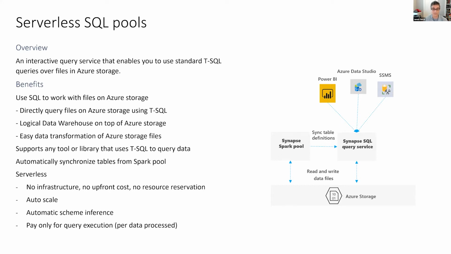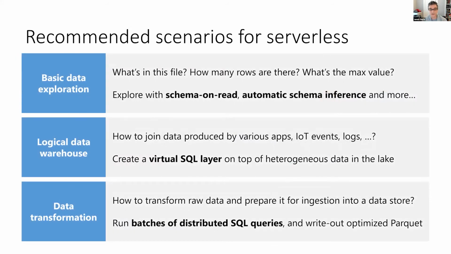So serverless gives you a lot of benefits, and this is similar to the way serverless works in SQL DB, if you're familiar with that. So now we have it within Synapse Studio that can use serverless against data sitting in a data lake or in a Spark table or in Cosmos DB. So what I like to think of is there's three areas now you can use for serverless, three scenarios. One is just basic data exploration. You'll see that in the first part of the demo. I have a bunch of files sitting in a data lake. Well, what's inside of them? I can query that very easily.